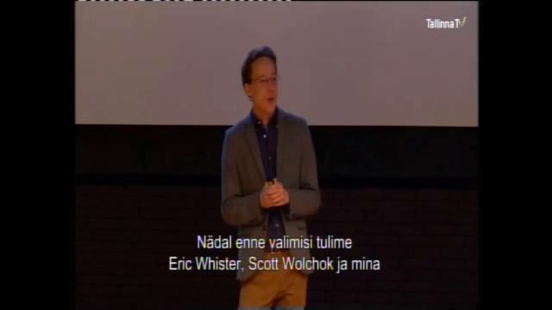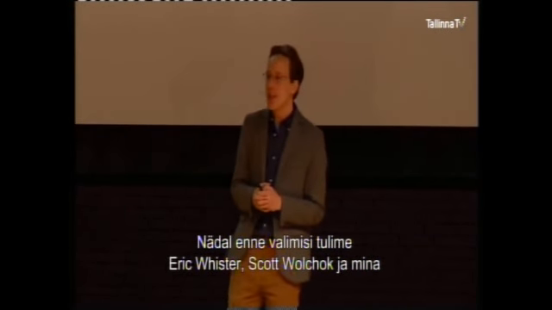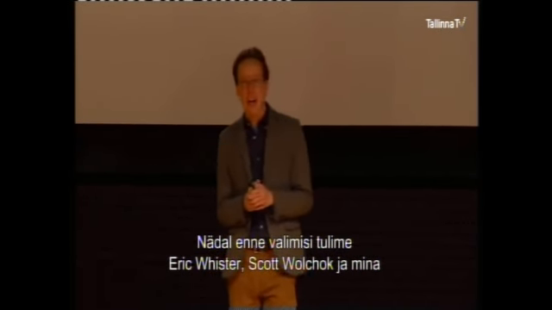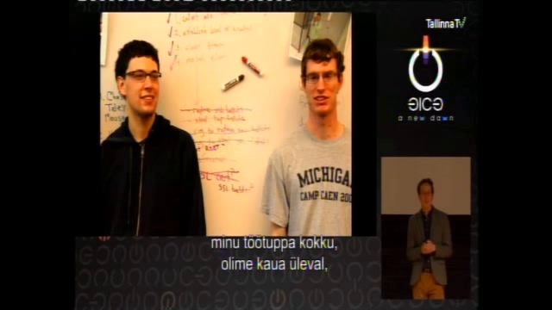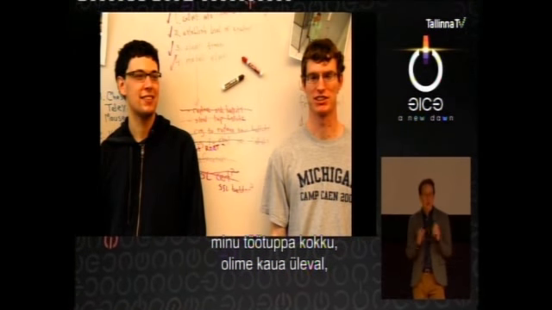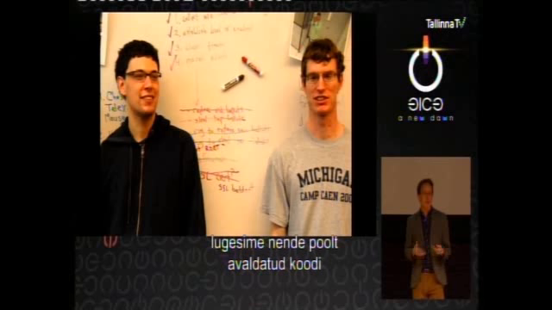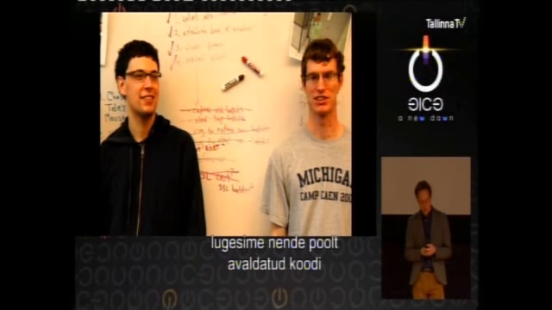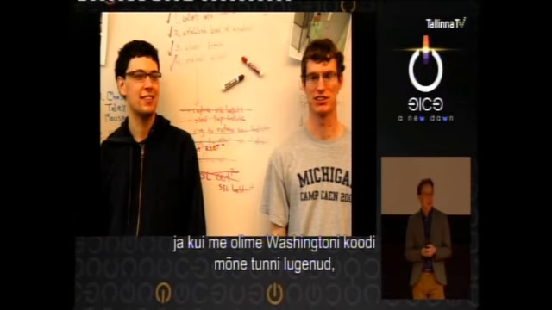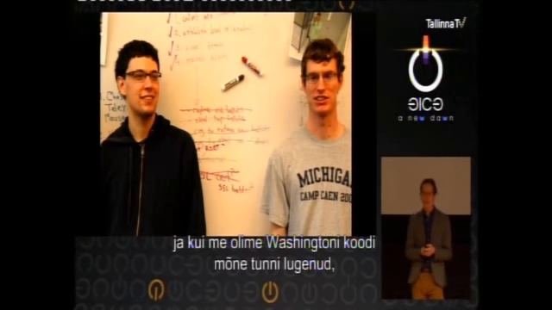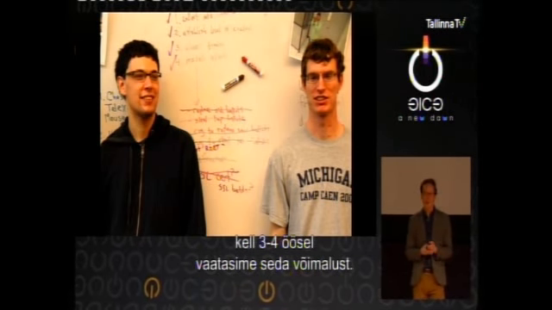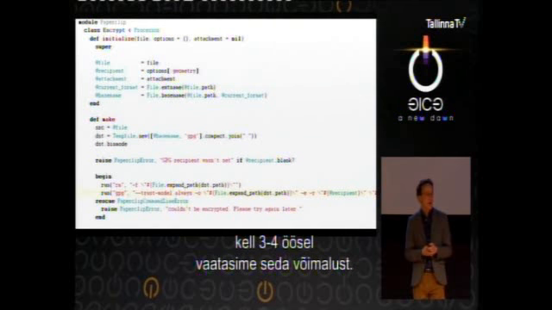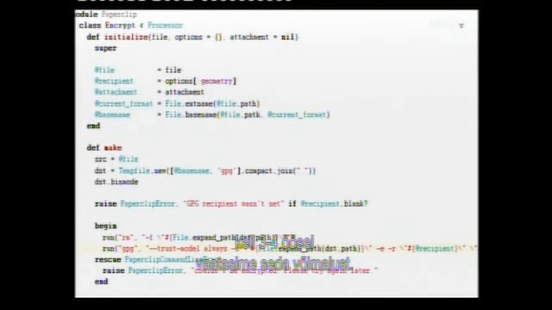Anyway, the week before the election, these guys, Eric Wustrow and Scott Wolchok, and I got together in my office one night, stayed up pretty late, reading the source code that they had published in a nice GitHub repo for us. And we read the DC source code, and it was maybe a few hours into it, 3, 4 o'clock in the morning, we were looking at this procedure here, and this is Ruby on Rails, which none of us had ever seen before, but we were able to sort of figure out what was going on.